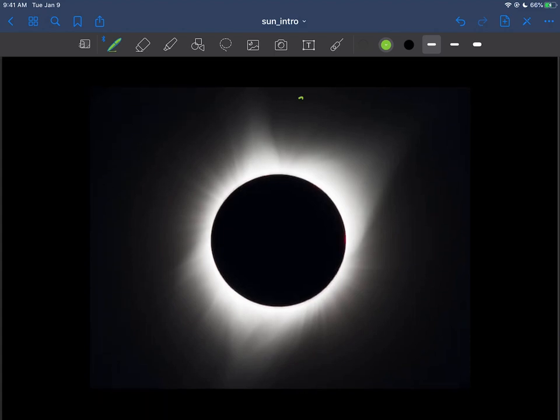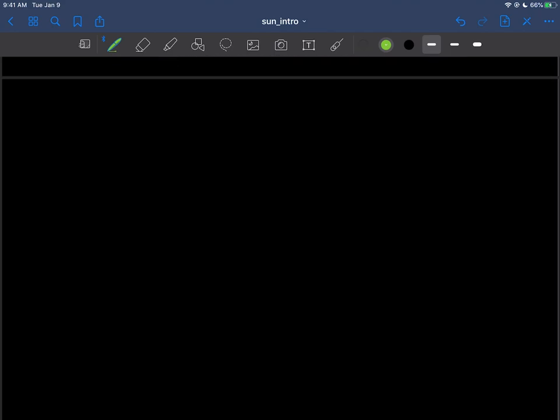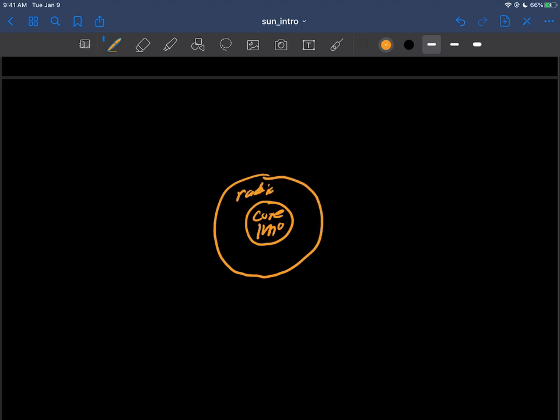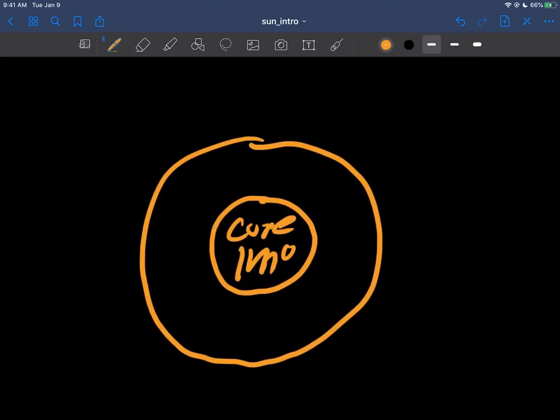Okay, so on we go then. Here's another very nice shot of the corona during an eclipse. And so I'll just end this introduction to the sun with a few more facts and maybe just a sketch of our own about the structure of the sun. So of course on the inside here is the core, and that's about 1 million degrees, quite hot in there. Then on the outside of the core here, you have the radiative zone. Having trouble squeezing this in here. Get a little bigger here, radiative